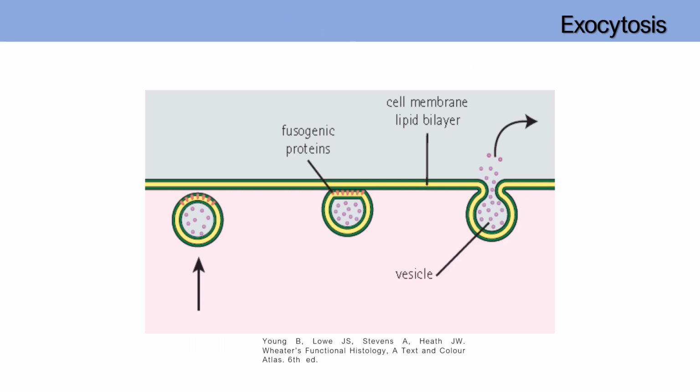Exocytosis is the process of moving large molecules from inside the cell to the outside of the cell that involves vesicular transport. This is the large molecule containing the vesicle, and this vesicle will fuse with the cell membrane, and the vesicle will be released from the cytoplasm to the outside of the cell membrane, accompanied by the release of the content of the vesicle into the extracellular space.